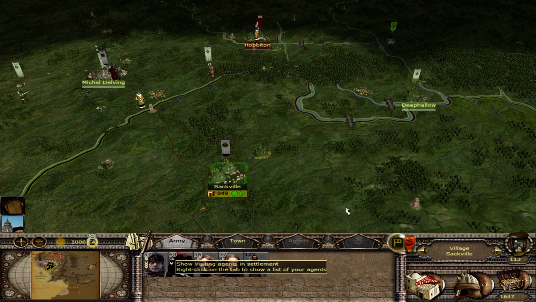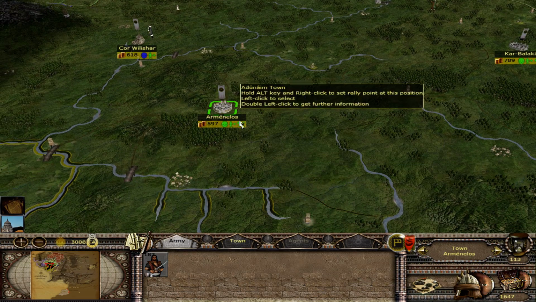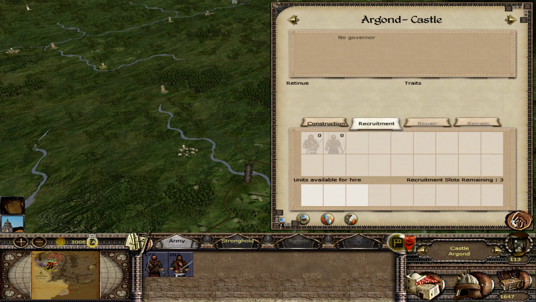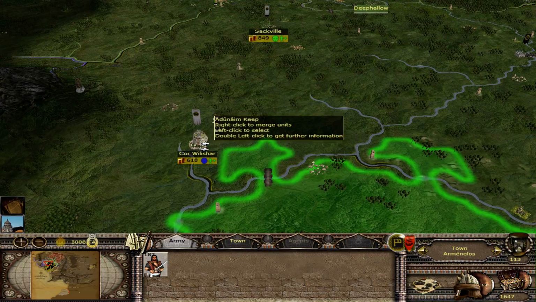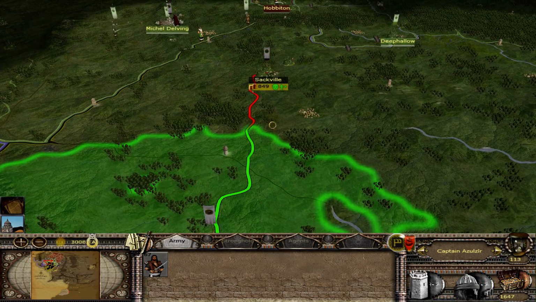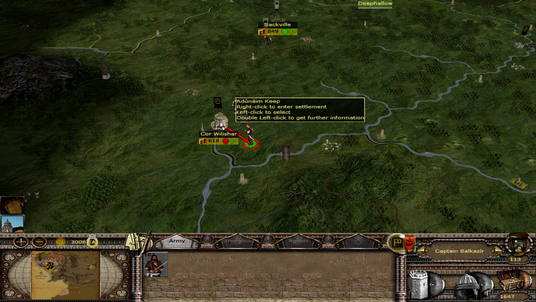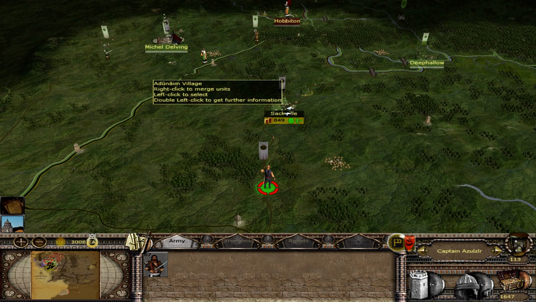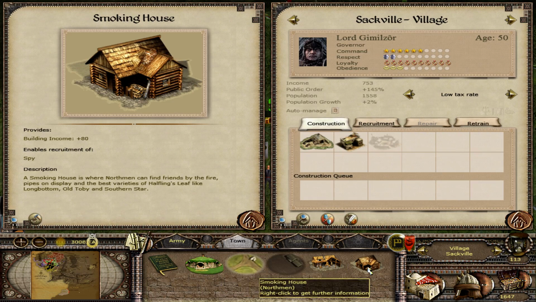And that leaves you guys. If I can get a unit up here somehow from somewhere else. You can train troops in a turn. Argond, you can't get anything, but that's alright. Yes, let's move in a chain. Make camp here. They'll be a bit annoyed for this one turn where they don't have anyone in them, but I don't think we're going to get any civil unrest or revolts. We can go off now to Sackville, further lowering the tax rate there.